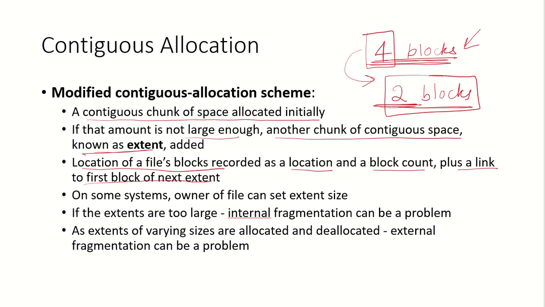So on some systems the owner of the file can set the extent size. If the extents are too large, then internal fragmentation can be a problem, which we saw just now. Also, if extents of varying sizes are allocated and deallocated, then holes again will be formed and that will lead to external fragmentation. But the only thing is that now a contiguous space of 6 blocks does not necessarily have to be looked for. So this was all about